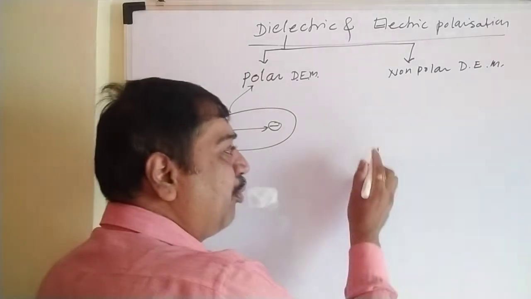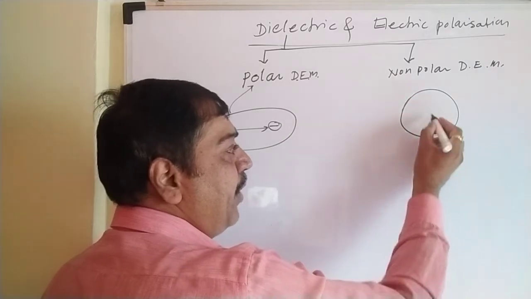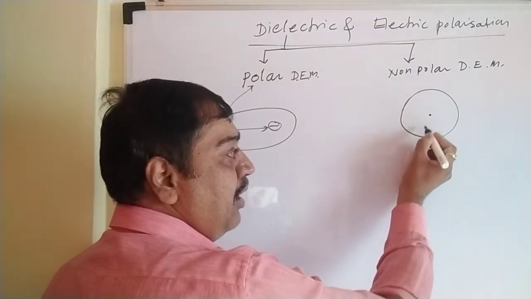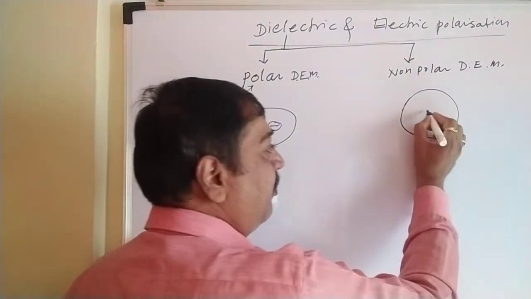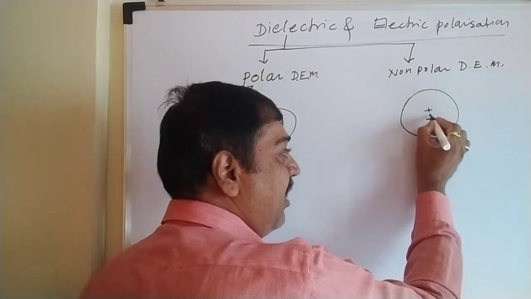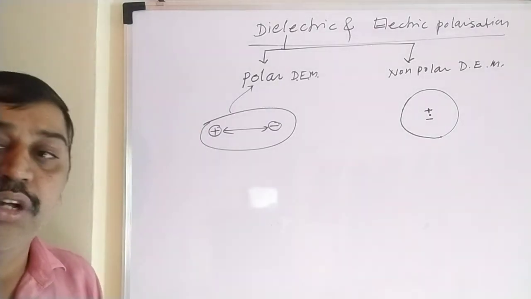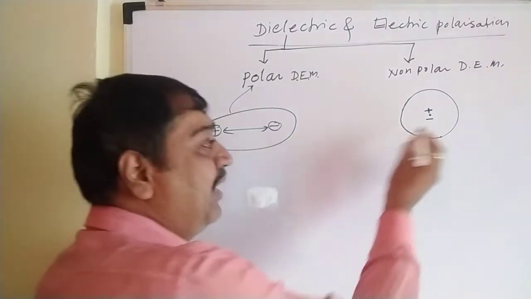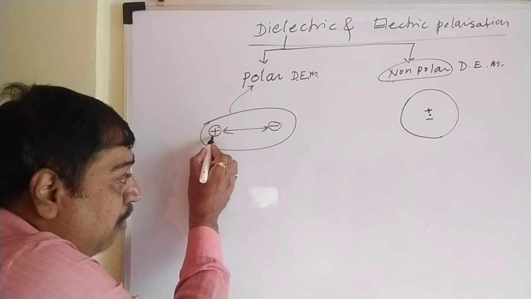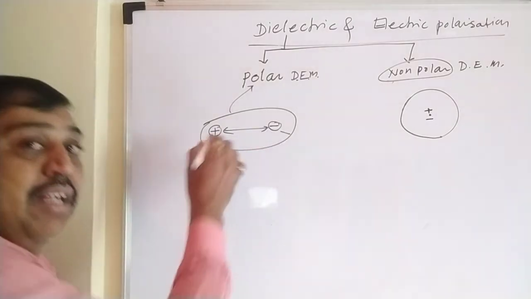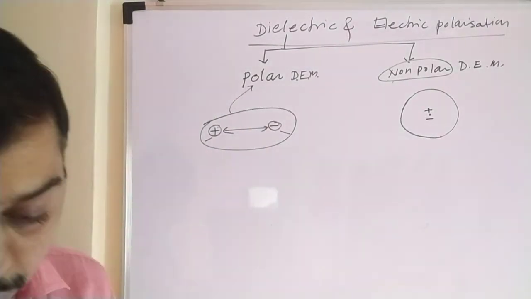Apart from this, non-polar dielectric materials are materials in which the center of gravity of positively charged particles is here, and at the same place there is the center of gravity of negatively charged particles. So plus is here, minus is also here. The centers of gravity of positive and negative charges coincide at the same point. That's why it doesn't have polarities. That is said to be non-polar. If they are separated, they have polarity, plus to one side, minus to the other side. That's why they are said to be polar material. So these are the polar and non-polar dielectric materials.